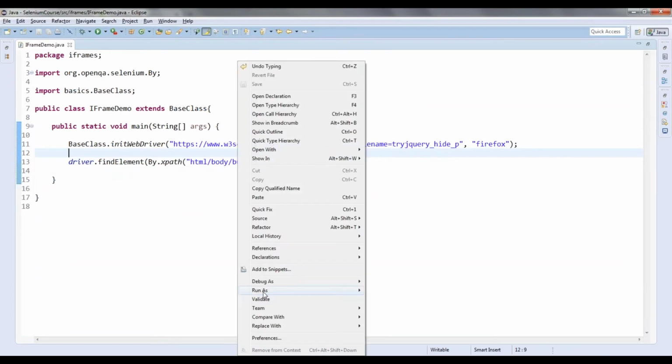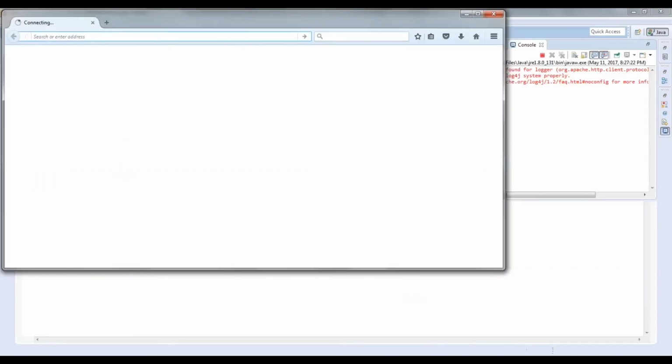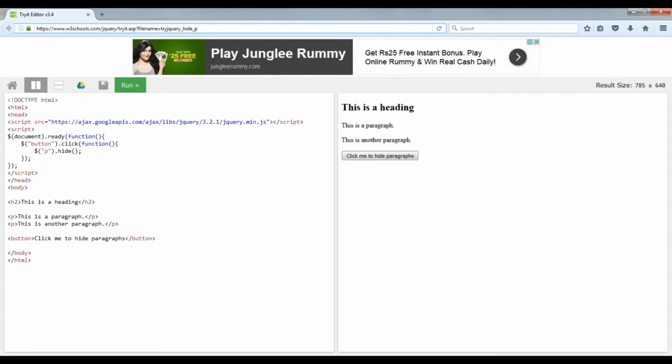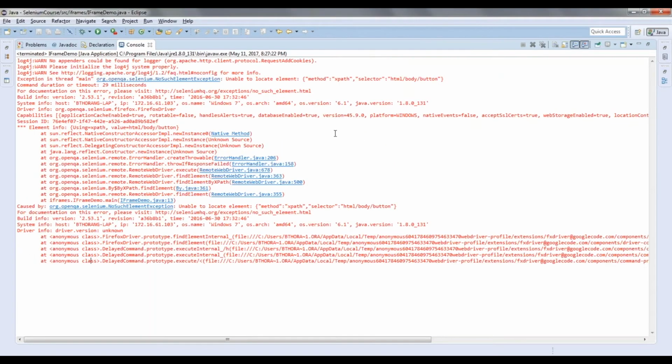This mistake everybody makes, and when I run this, it is not going to identify the element because it is embedded inside one more HTML page. Once it loads, it is giving me an error message.